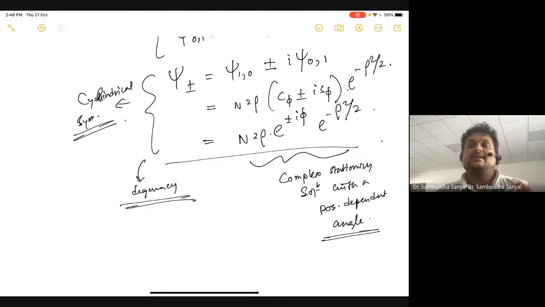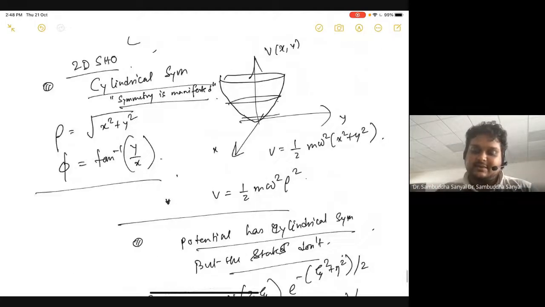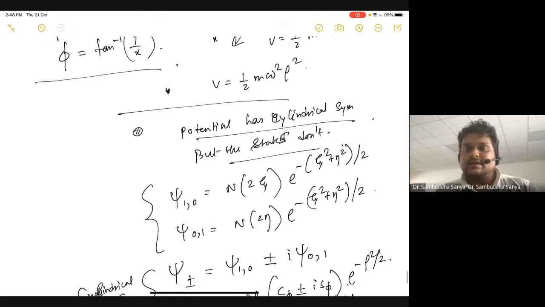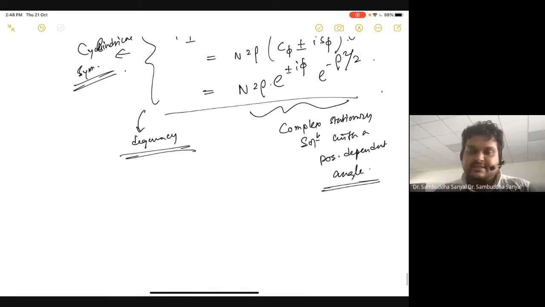You can visualize this object as if there is a particle that is moving like that, or a particle is somewhere located like that, and the angle that the coordinate of the particle makes gives you a phase of the system.